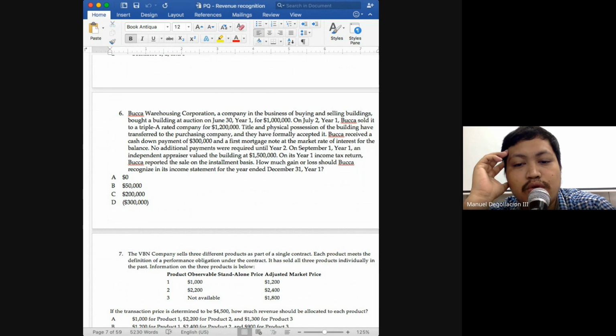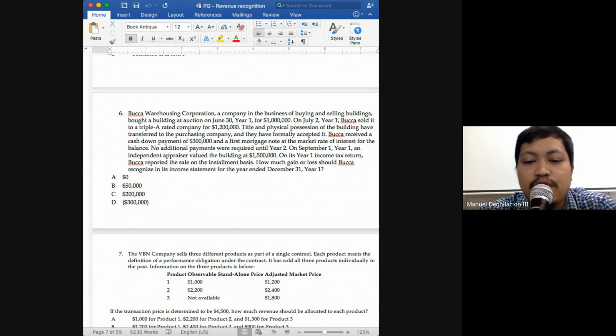How are we able to conclude, class, that we will be able to collect the balance? Why can we say that collection is reasonably assured in this problem? Because the problem says that the buyer, the company, is a AAA rated company. Companies that are AAA rated have good financial standing, so there's very little risk of us being unable to make a full collection.